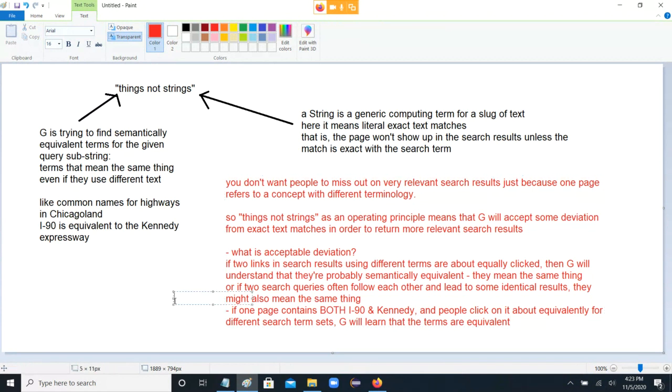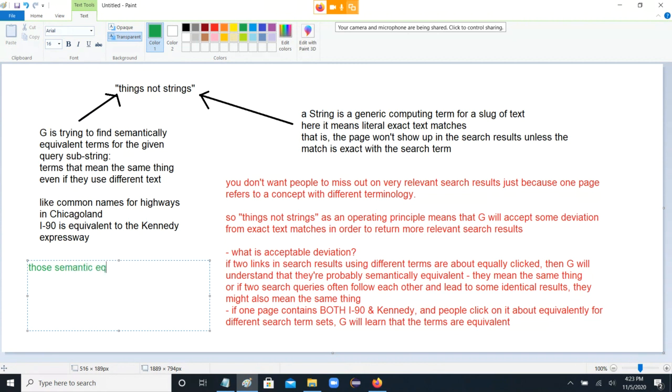That's the kind of thing that's going on inside Google. They're trying to figure out the meaning of terms. They're basically doing it by machine learning, seeing if people who entered different search terms are going to the same place. And if they are, then as far as Google's concerned, those terms mean the same thing. And then, last,